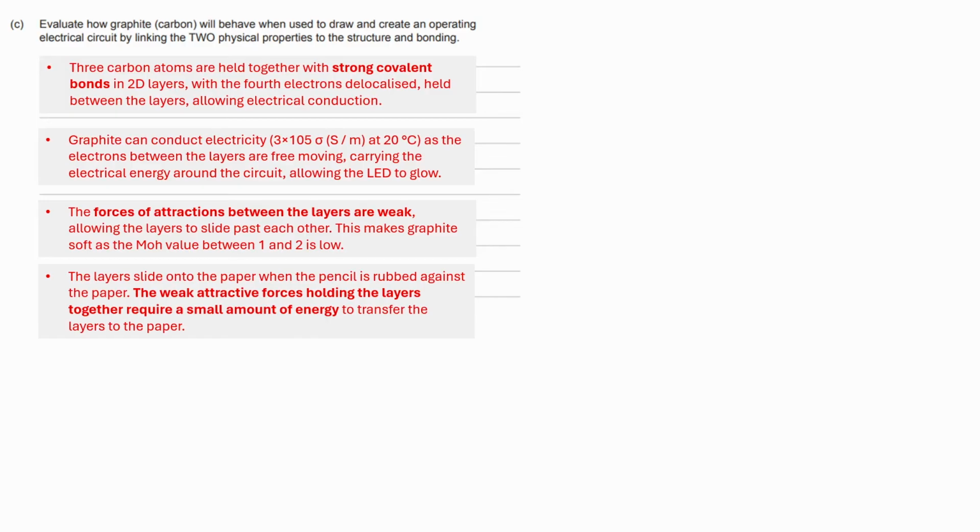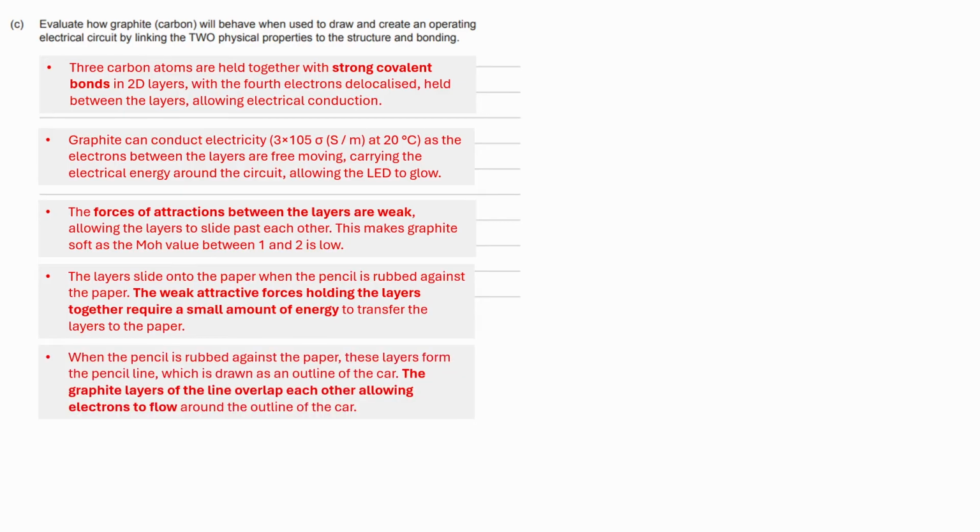So I'm now going to relate what I've just said to the actual example. So the layers slide past each other onto the paper when it's rubbed against the paper. The weak attractive forces holding the layers together require a small amount of energy, you could say a small amount of force, to transfer the layer onto the paper. So we've talked about the forces of attraction earlier, but now I'm saying how does this relate to the paper? And then the last thing,